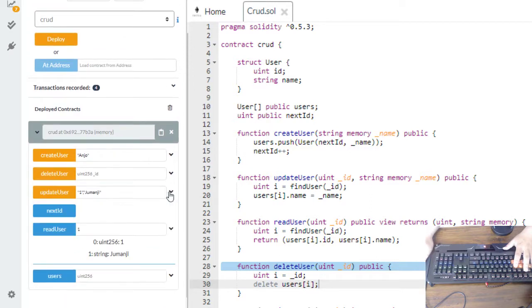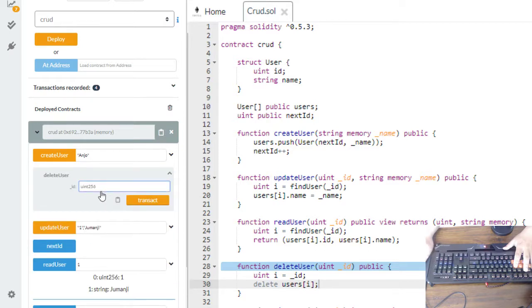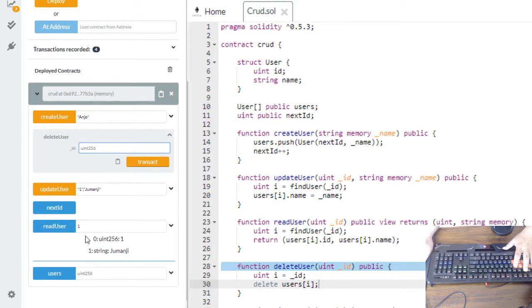All right, so now we create, we update, we read the user, and then let's try to delete the user. So in 0 we have Jumanji there. Let's check that one first. Oh, no, in 0 is still Joan. So in 1, still Jumanji. So what we're going to do, we're going to delete Jumanji in 1. So 1. Okay, delete user. Yeah, index 1. Transact. Then let's check again if that one is